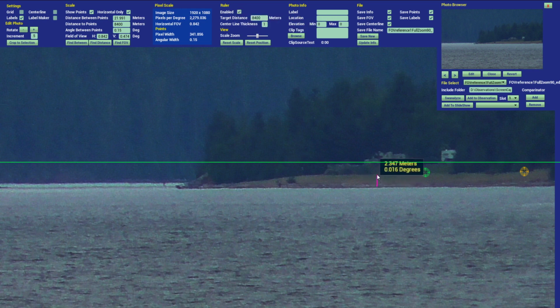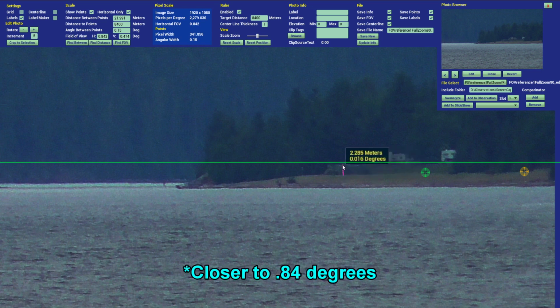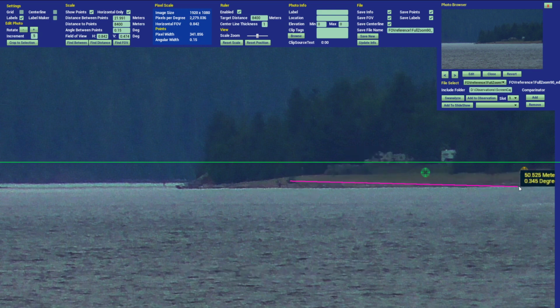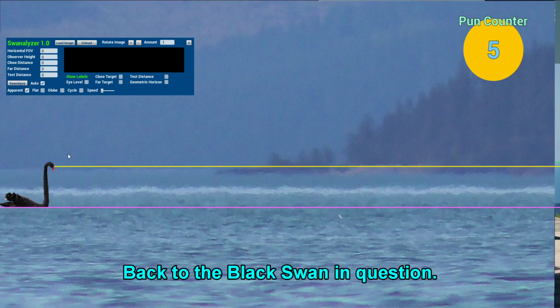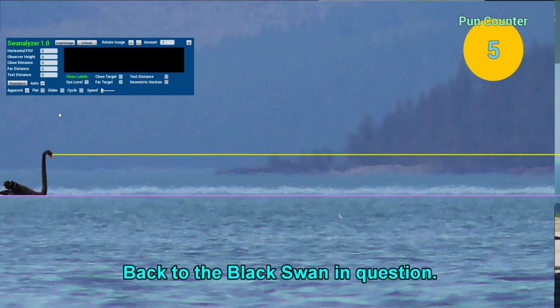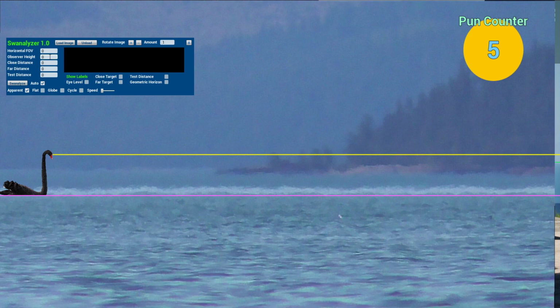My camera, for example, has a field of view of 0.8 degrees horizontal when at full 90 times zoom, which I generally only use for full zoom shots so I don't have to calculate the field of view each time. The field of view is usually the hardest thing to determine. The rest is easy. Next, we input the distance to the closest land that we are seeing the water past,